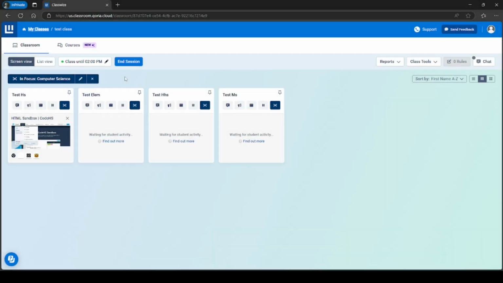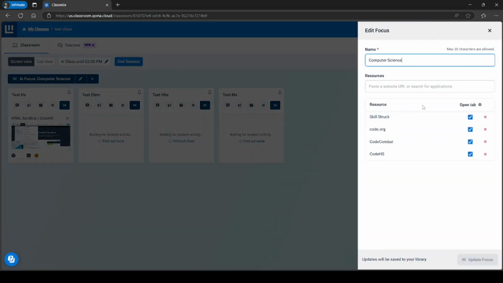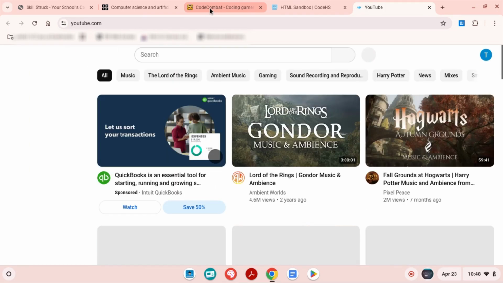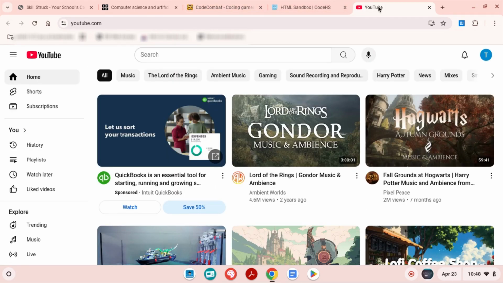All right, so what we can do is you'll see the focus is right here. It says it's in focus. We can click to edit, which would allow you to add or remove additional resources. Or you can just click to end the focus right here. What that's going to do, it's going to leave the tabs open, but then it's going to reopen the previous